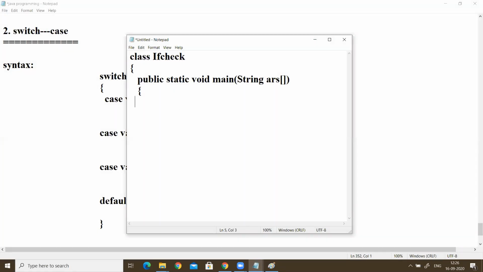Now next is System dot out. Take two variables: int a is equal to 20, then next int b is equal to 30. Now what do we do in the if? With only if, we just write for the biggest value. If it is a bigger value, we will get output, otherwise no output, like that. So simple if we go for